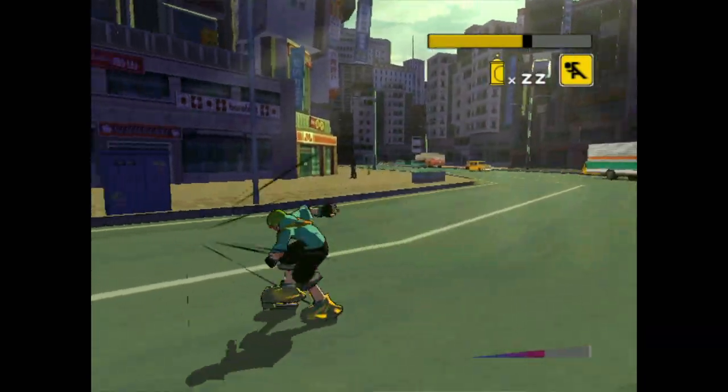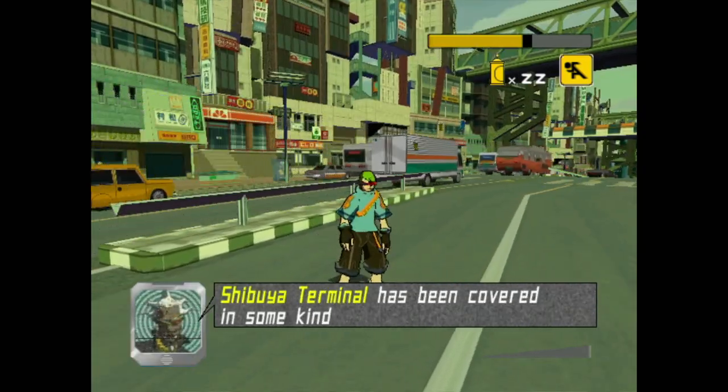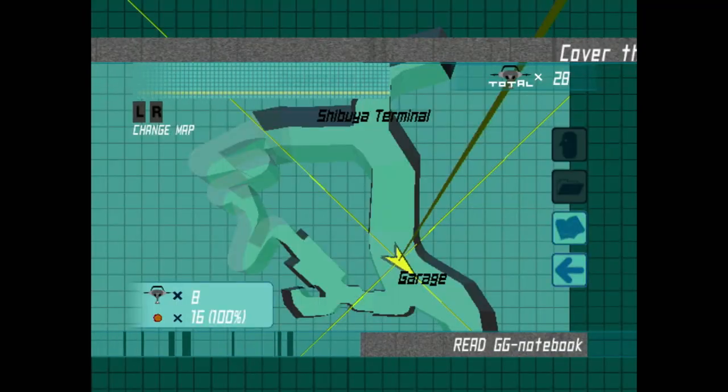That was it. Yo, I was like, where are they at? Of course I got hit by a bus. Shibuya Terminal has been covered in some kind of ugly, freaky-looking graffiti. As you can see,